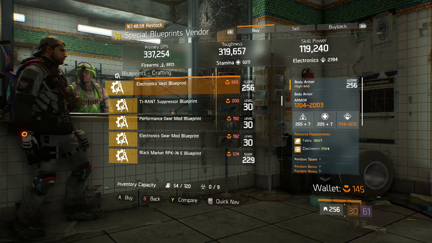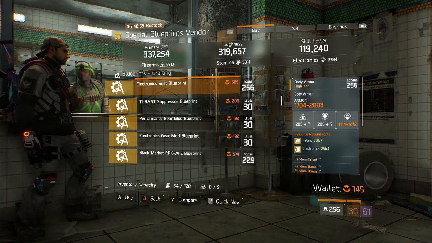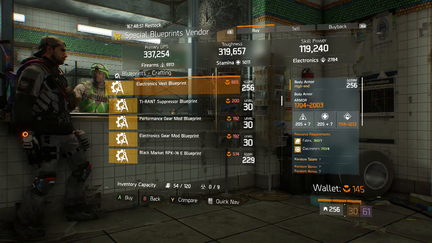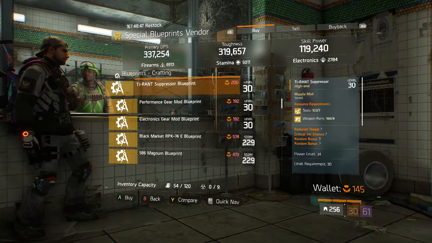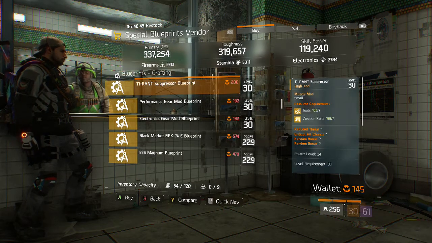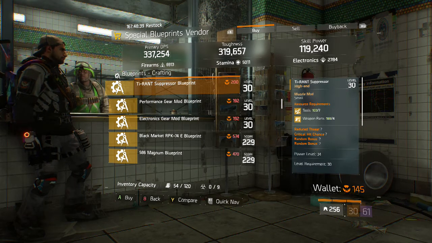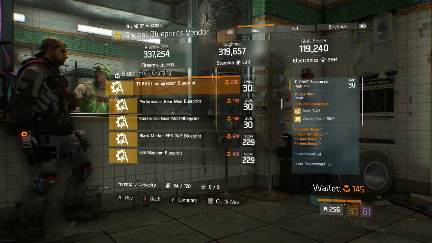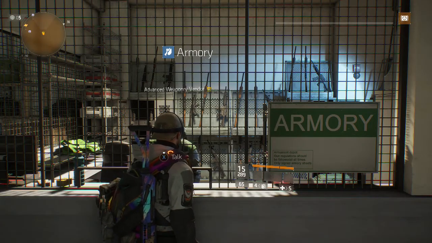I know last week I heard that the MP7 blueprint was available, but if I had made a video, I already have the MP7 blueprint, so it wouldn't have shown and I wouldn't have been able to tell you guys. So this is why I always give this warning whenever I get to the special blueprints vendor: definitely still go to the vendor even if you watch these videos, just in case I already have the blueprint purchased. Okay, we are now moving upstairs in the base of operations to the advanced weaponry vendor